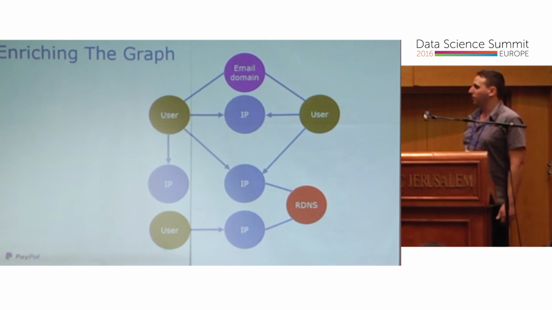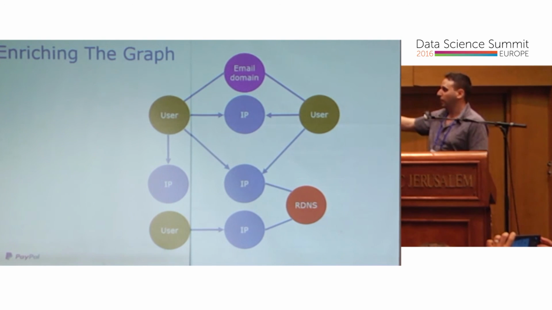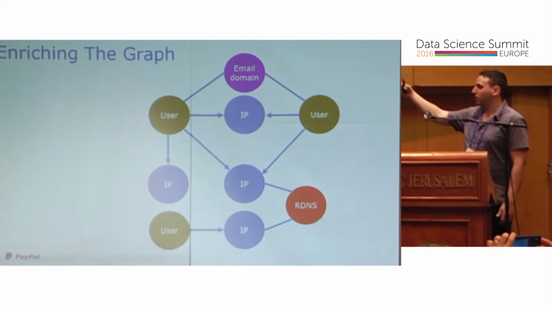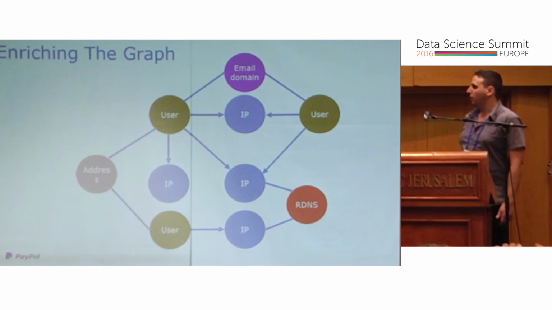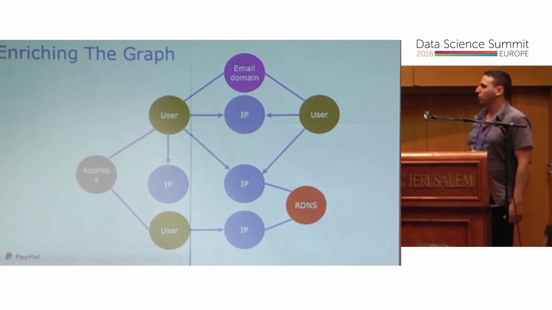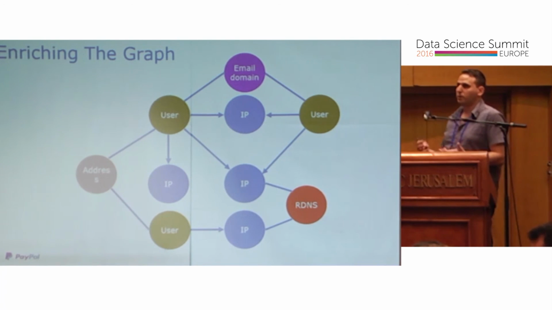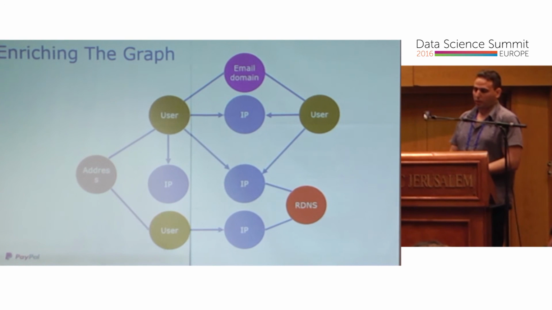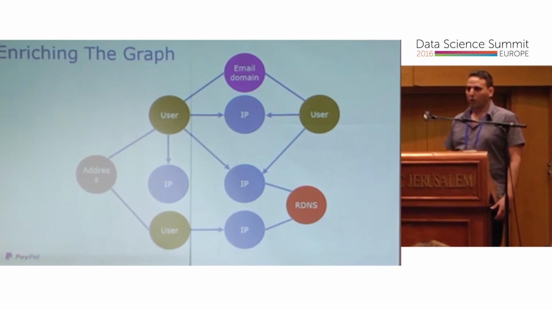We can connect two IPs by RDNS. In this example, we actually want to use this data for a better algorithm later on. So by saying that these IPs are connected, we can improve our logic. And as I mentioned earlier, if two users share the same address, that can enhance the probability that they are in the same network. So by enriching the graph with many assets like address, email domain, and others, we can now ask ourselves,